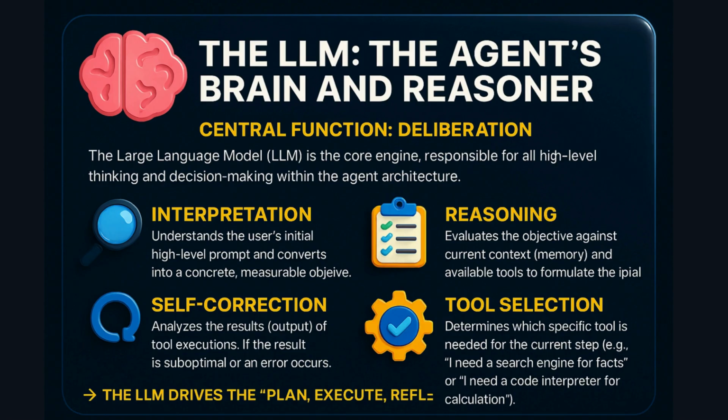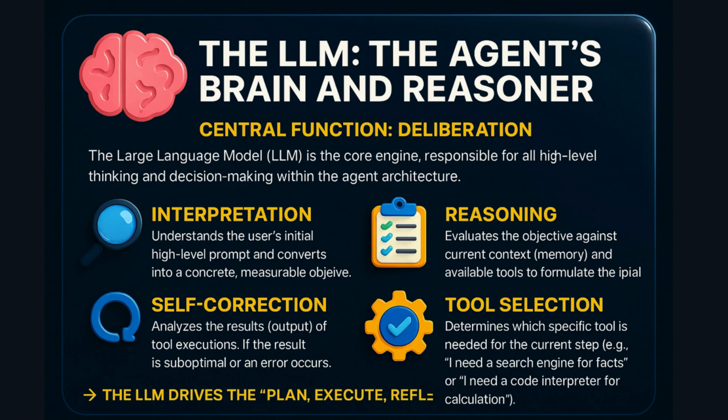First is the interpretation. The LLM first understands the user's high level goal and translates it into a concrete, measurable objective. Second is reasoning. It evaluates this objective against its memory and available tools to formulate an initial strategic plan. Third is the tool selection. Based on the current step, the LLM determines precisely which tool is needed, be it a search engine for facts or a code